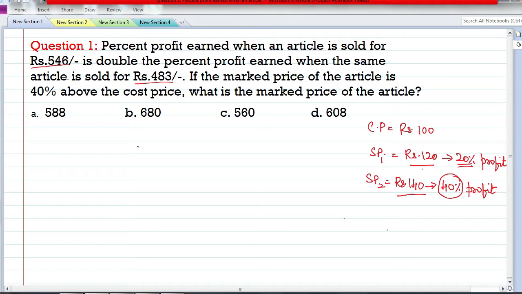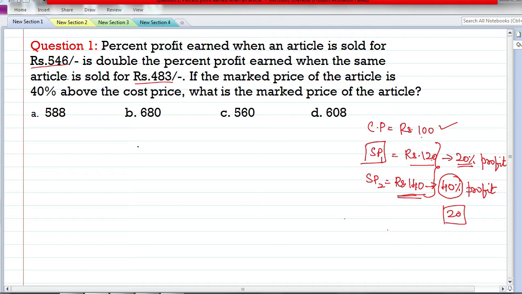Here, if you see the difference between these two selling prices, 140 and 120, the same amount of additional profit is what you are gaining by selling it for 140. So the difference between 140 and 120 is 20. This is actually the extra profit earned. It means this is the double profit earned. So there is one amount of this profit in the first selling price also. By subtracting that amount, you will get the cost price. Just think about this simple example if you have not got it.